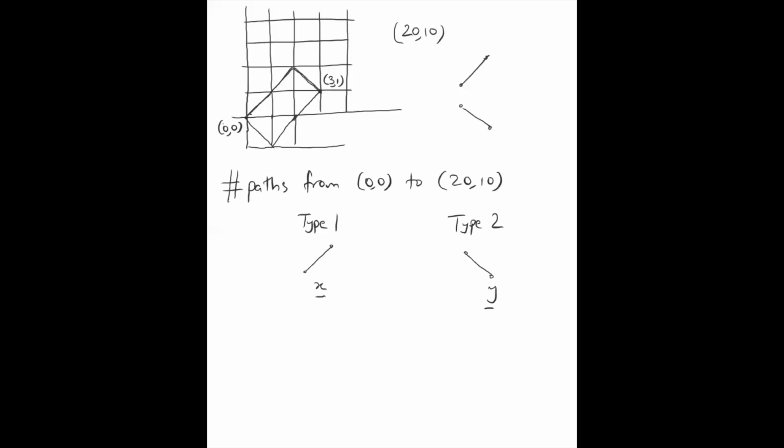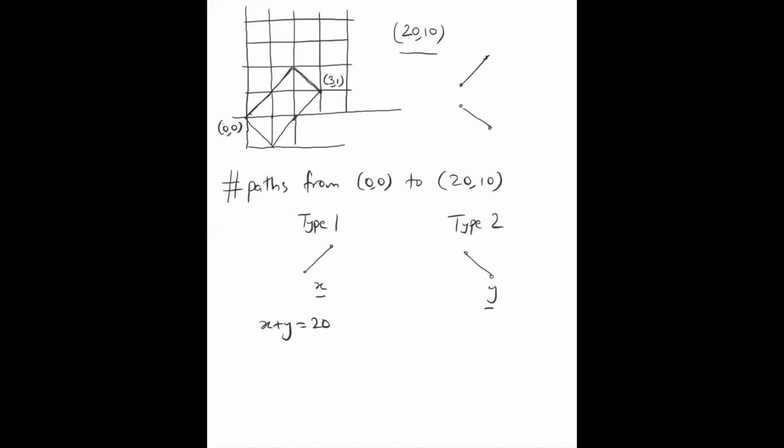After doing all of these steps, the person takes X plus Y steps in all, and on each step he moves 1 unit to the right, and he ends up on 20, 10. So that means X plus Y should equal 20, because 20, 10 is 20 units to the right and 10 units up, and he takes X plus Y steps in all, and each step takes him 1 unit to the right. So X plus Y should equal 20.